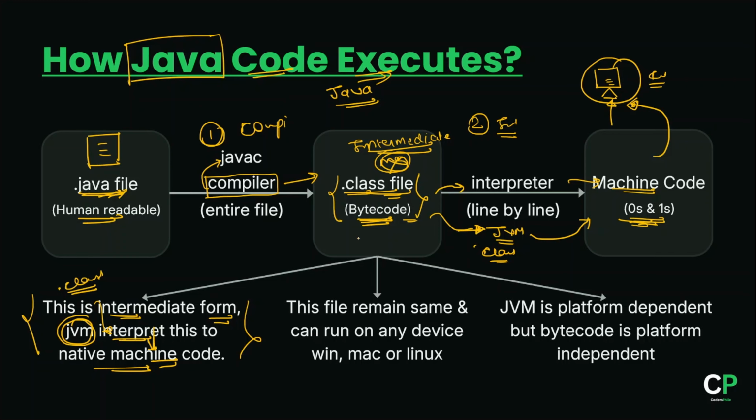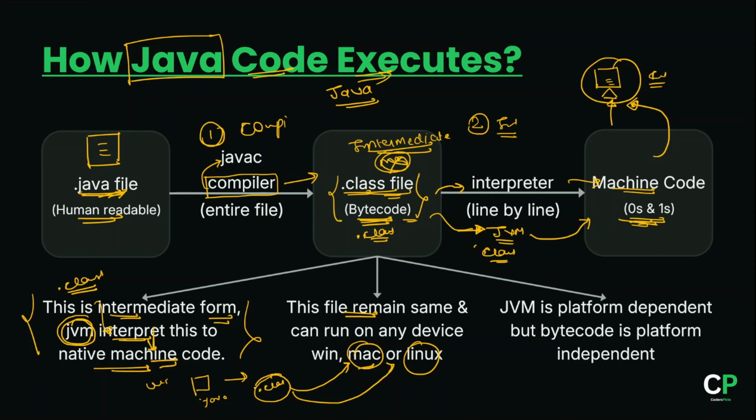Now this .class file remains the same and can run on any device. For example, we can write our .java file on Windows and compile it into the .class file in Windows. Now we can take this .class file and run it on Mac OS or Linux, on any system,